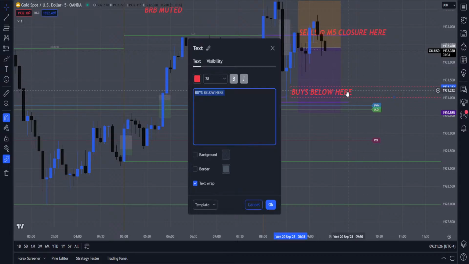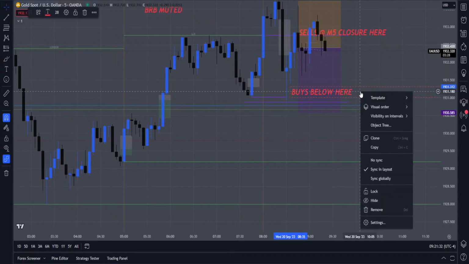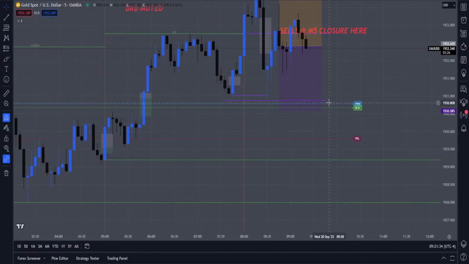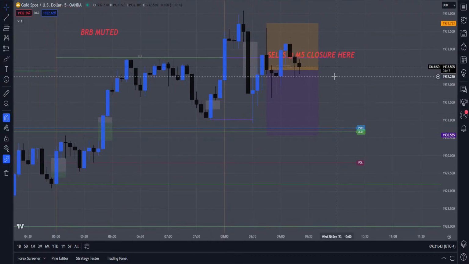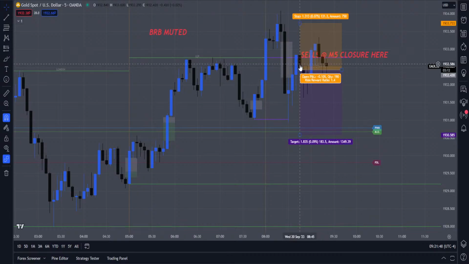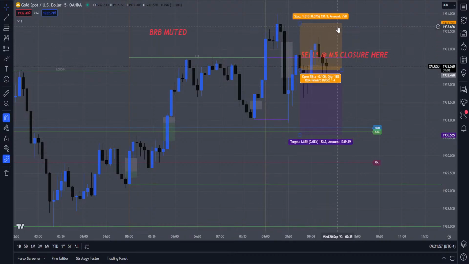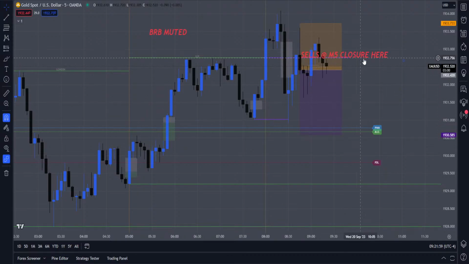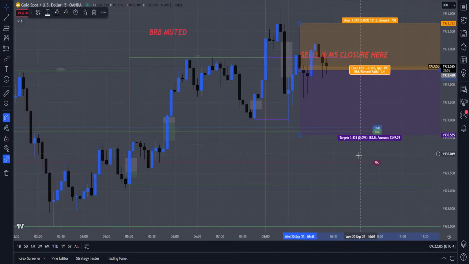And I'm going to remove this text right here, so I will just do this. Remove this, and I will remove this line here. We want to target the previous week highs right here, or a little bit below it, but let's see what happens. It could be doing the same 3 candle pattern it did here, where it went lower 3 times then higher. So it could be going lower 3 times then higher. So if that's the case, then we lose the trade. But if it's gonna keep going down here,